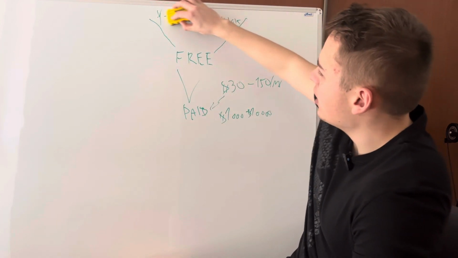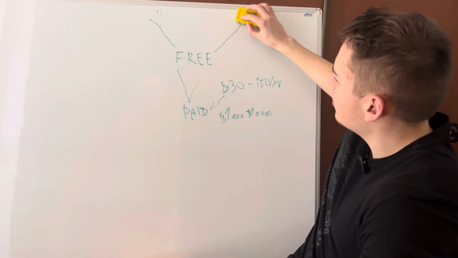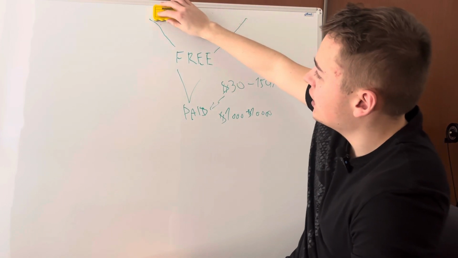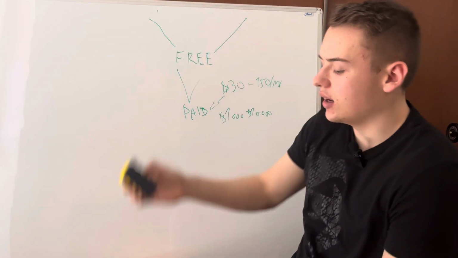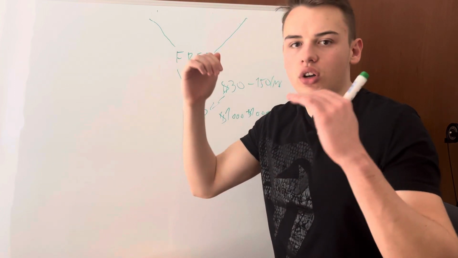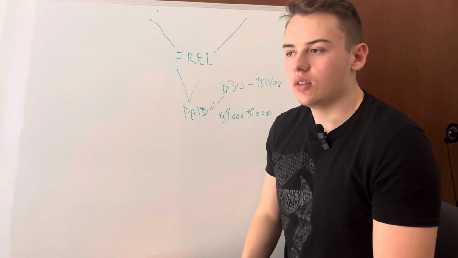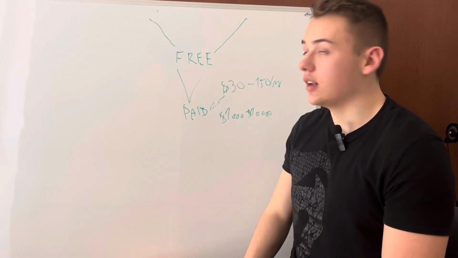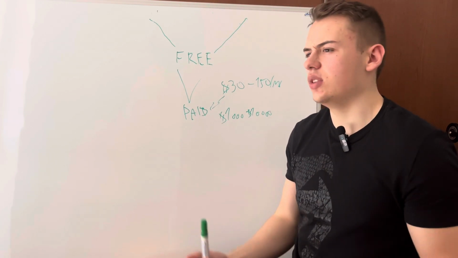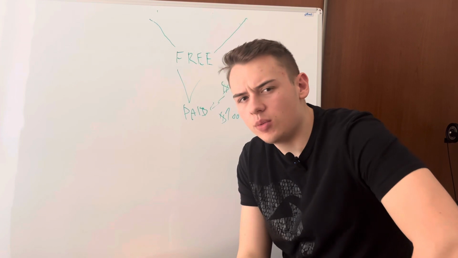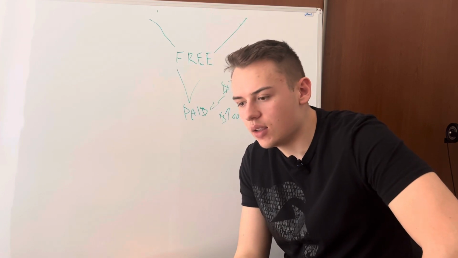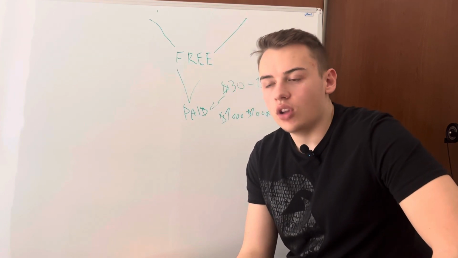So all of the people are using YouTube, Instagram, TikTok, and everything. And they just make content, get the audience to join their free community, and then they convert them into a paid one. But what I do is that I actually run outreach. Like you might say, outreach, how should I get enough people from outreach? I can send like 100 DMs per day or something. No, you can send way more.